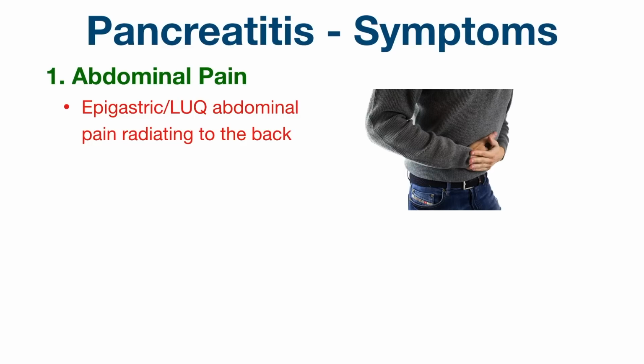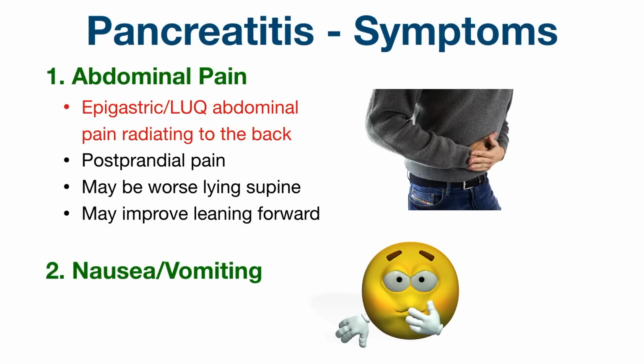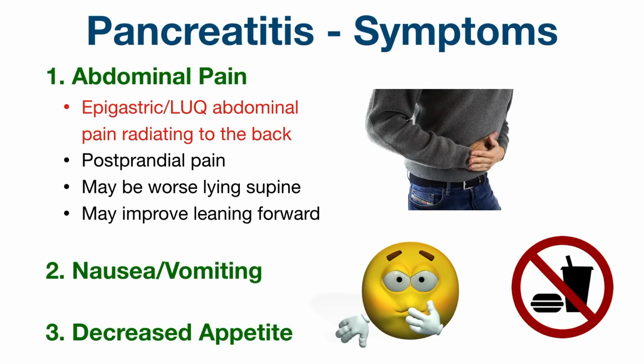The abdominal pain is often worse during or after eating, and the pain may be worse with lying supine and may improve with leaning forward. Many patients will also have nausea and vomiting, as well as decreased appetite, weight loss, and changes to stool, especially with chronic pancreatitis. As mentioned before, the main symptom to remember clinically and for board exams is epigastric abdominal pain